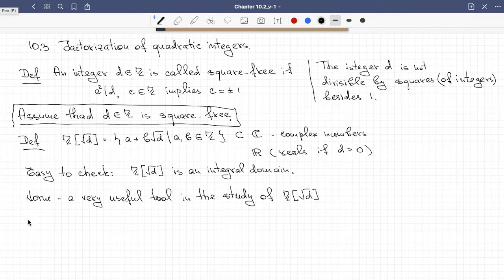A definition of norm is simple, namely it is a function from our integral domain to integers given by